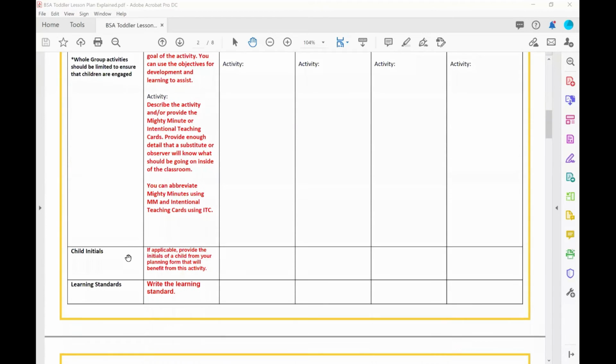The next section is child initials. So you want to provide the initials of a child from your planning form, and we'll go over that at the end, that will benefit from this activity. So of course, it's physically impossible to plan for every child in your class every week, right? We want to make sure that we're individualizing with intention. If this child has an IEP or IFSP, they need to be individually planned for every week. But outside of that child, you want to start to rotate your children through a cycle of who you're supporting